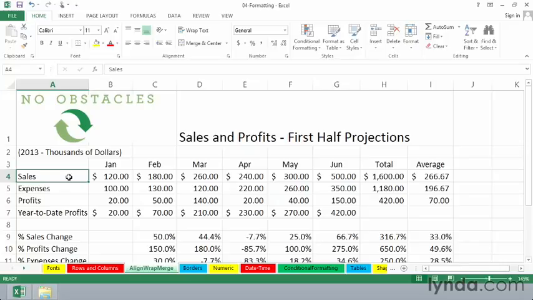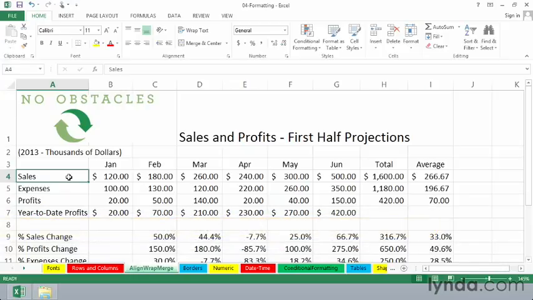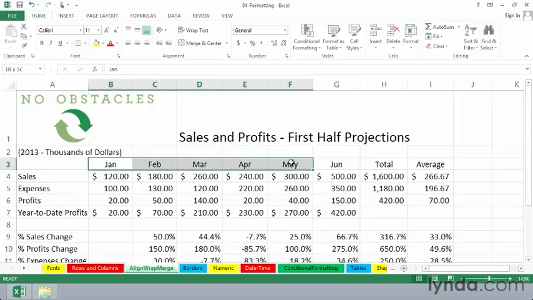Excel normally aligns text data on the left side of cells and numeric data on the right side. I think with the numeric data, you want to shy away from making changes to that. But with text entries here and there, it might make sense to consider a different alignment approach. For example, in row 3 here, I think this looks just fine, having these titles centered, and that's reflected in